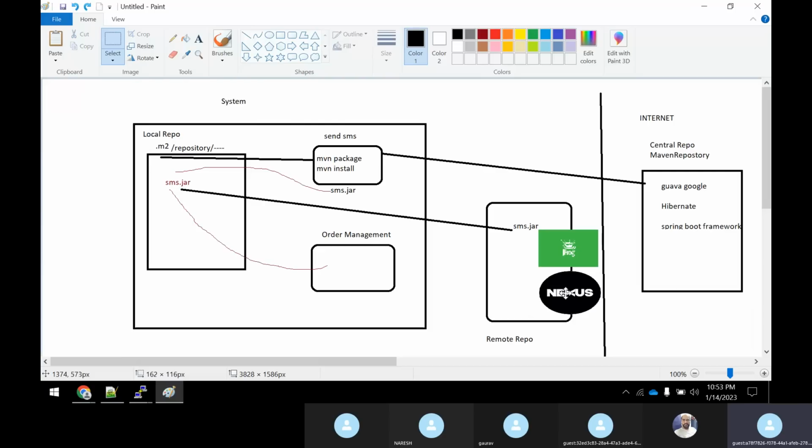So you can build the Nexus artifact. Nexus artifactory will keep only the Java-based project-related artifacts. It cannot keep other languages. Still, some companies are using Nexus because most of their projects are Java-based. Like in our company, we are using only Nexus, because most of our projects are Java-based. That's the reason Nexus is heavily used. But many other organizations are using JFrog extensively. So it is always better that you understand both Nexus as well as JFrog repositories.